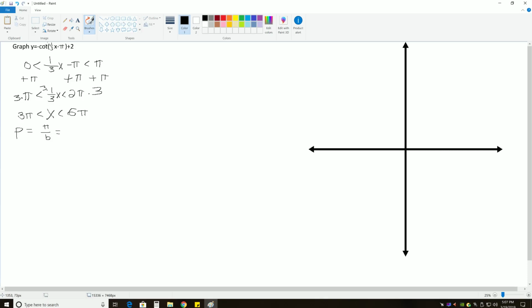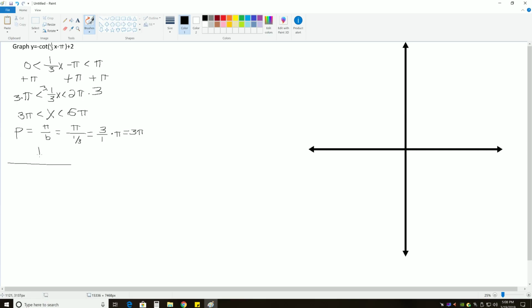And in this case, b is our 1/3, so we get pi over 1/3, which, when you're dividing by a fraction, it's the same as multiplying by the reciprocal, so we get 3 over 1 times pi, or just 3 pi for one period. So our new period is 3 pi,